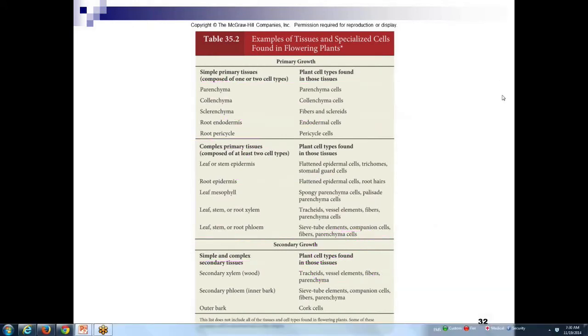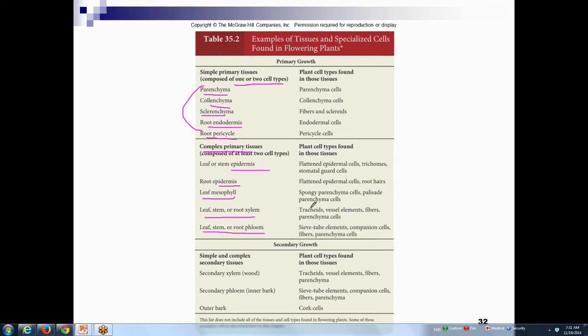So here we have a nice summary of what we have just talked about. You can see the simple tissues, parenchyma, collenchyma, sclerenchyma, and root endodermis, root pericycle, which we haven't gotten to yet. And these are all considered simple because they're made of only one or two cell types. The complex primary tissues are composed of at least two, but typically three or more cell types, and that would be things like the epidermis of both the root, leaf, and stem, the mesophyll, leaf, stem, or root xylem, leaf,